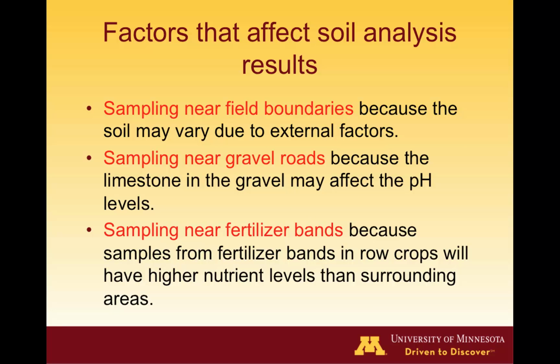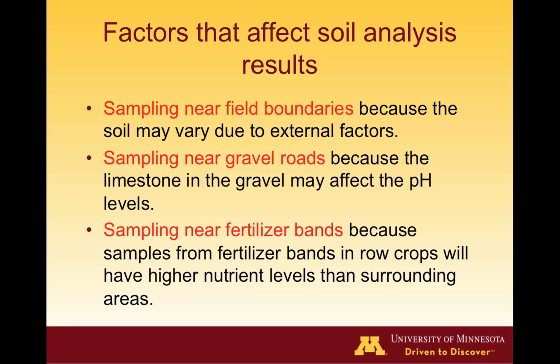Factors that affect soil analysis results include sampling near the field boundaries, because the soil may vary due to external factors. You might have machines traveling around the field boundaries, on the field boundaries, and so it causes different soil structure compared to your